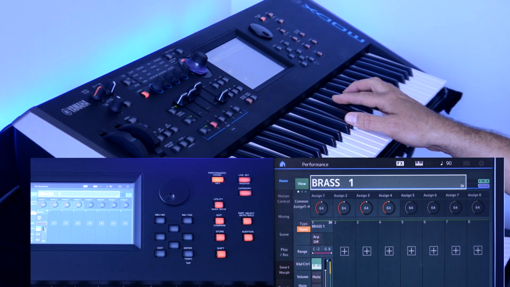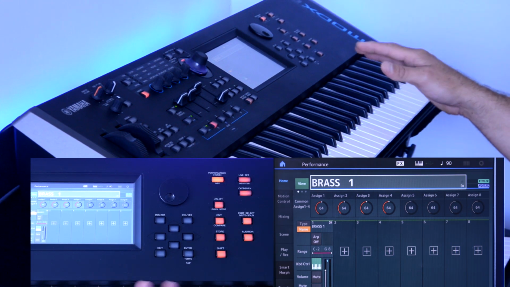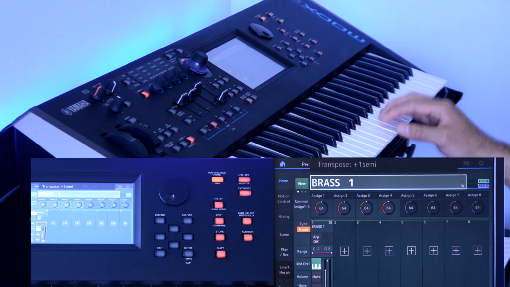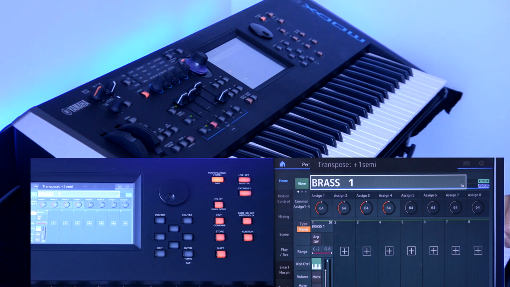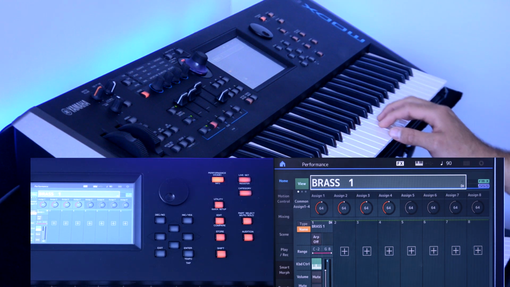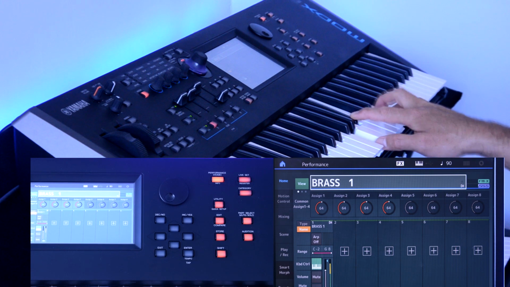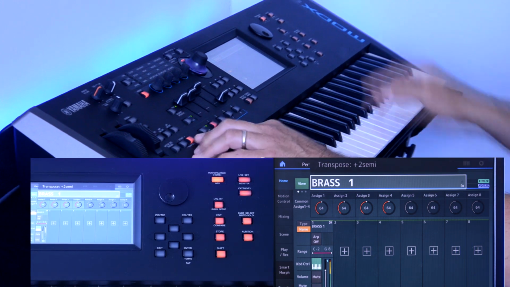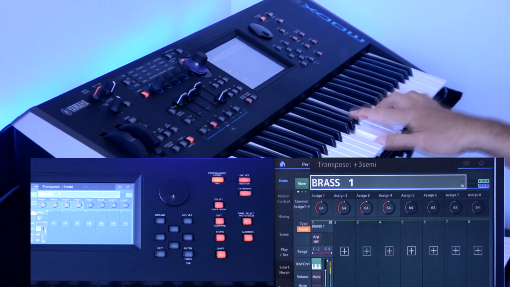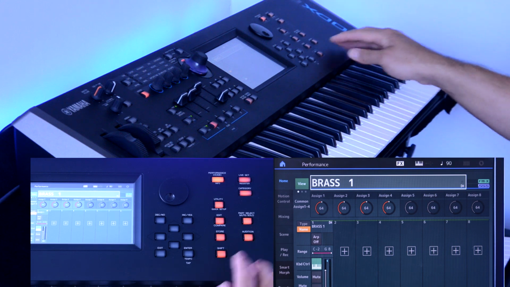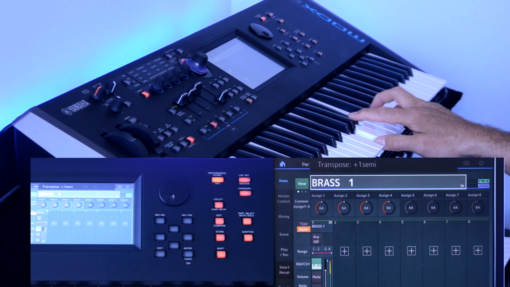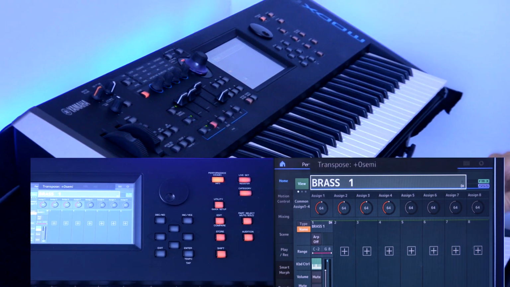When you're in a setting and you need to shift up half a step, semitone, shift octave up. You just transposed a semitone. So now we have, what was I doing? Up another half step. And same works for shift down, so I can come back to 1 semitone up. And you go down to